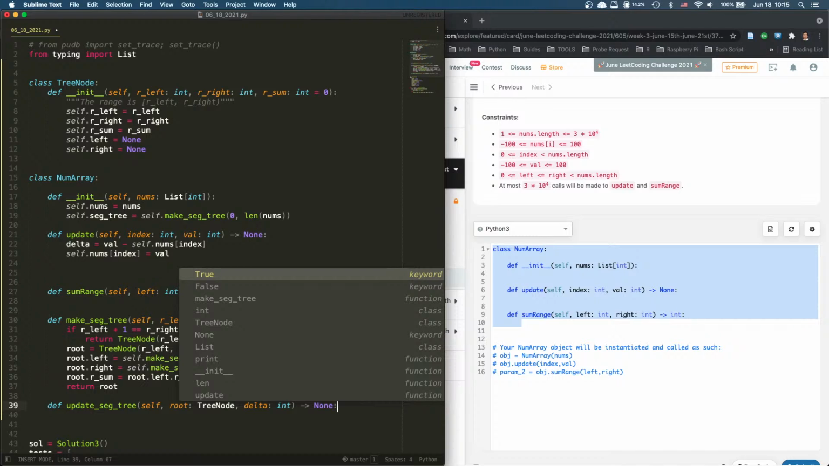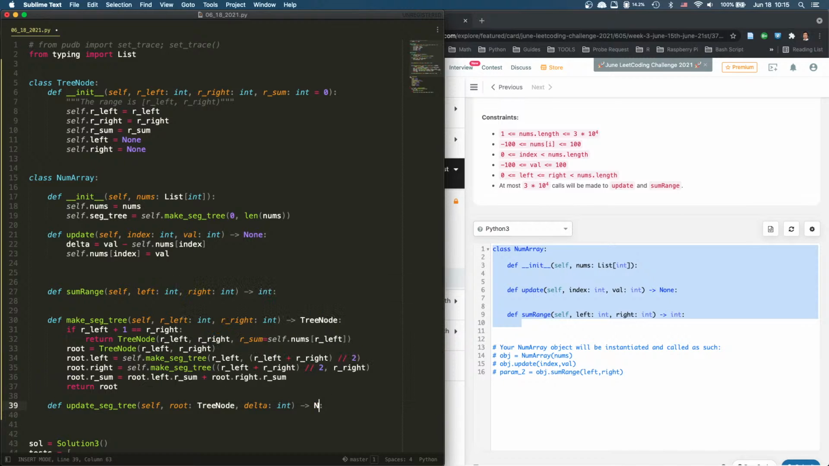But honestly, no, we do need that. Do we need that? I'm trying to see if it's possible that we don't need to involve nums at all. Segment tree. I mean, we can return the delta, right? We can return the delta. So we can return the delta, which means root, I don't have to pass delta, but I need to pass the index, right? I need to pass the index,